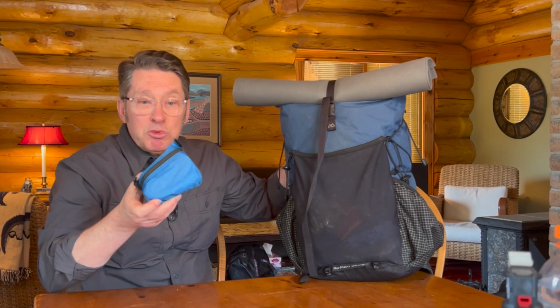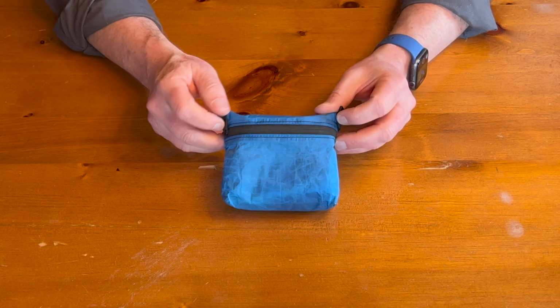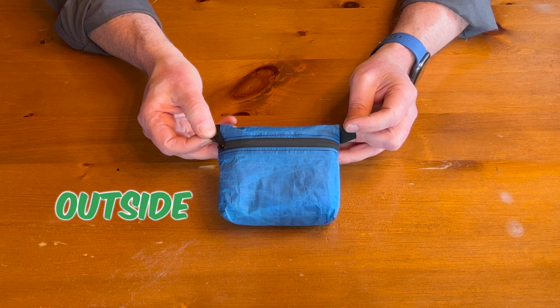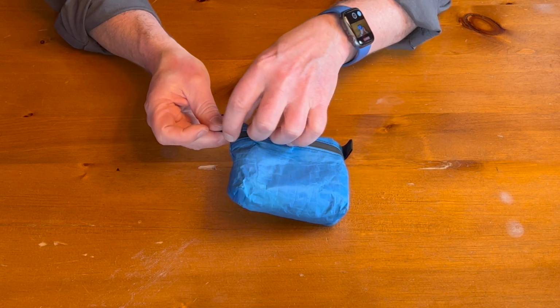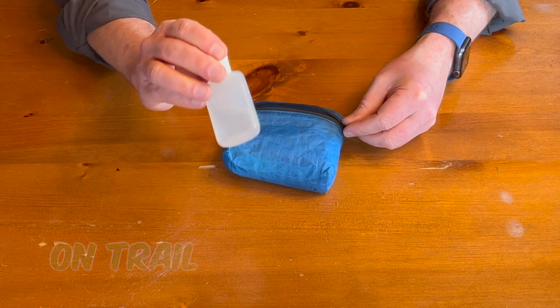Then a little accessory bag with all sorts of things I may need on the trail. Now I have this little bag usually stuffed on the outside of my backpack, but it's often in my fanny bag, which I carry with me around my shoulder at all times. So these are the things I may need while I'm actually on the trail. So if you open it up, that's insect repellent,